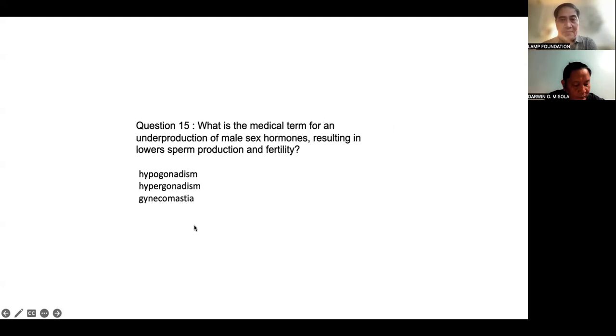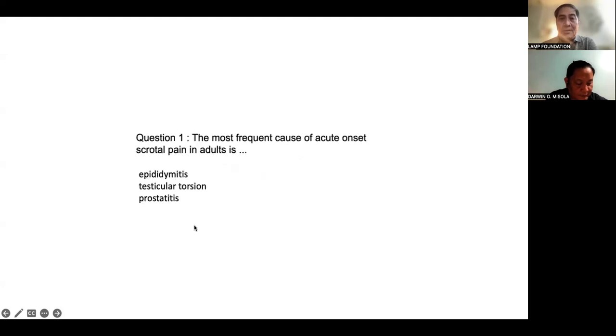Cryptorchidism. Okay. What is the medical term for an underproduction of male sex hormones, resulting in reduced sperm production and fertility? Hypogonadism. Okay. The most frequent cause of acute onset scrotum pain in adults is